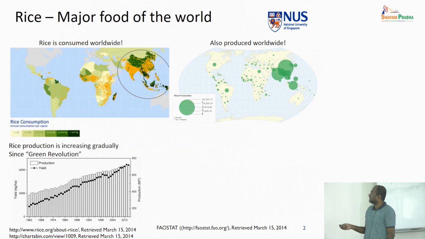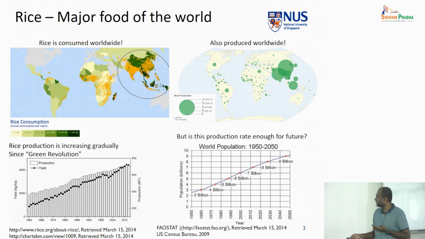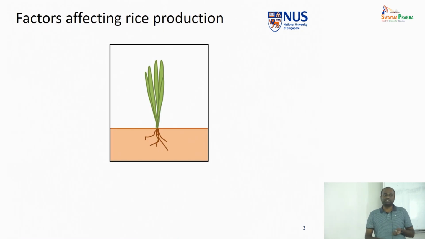But even though rice production has increased over several years, particularly after the Green Revolution, the continuous increase of human population as well as the sustained challenges posed by climatic changes mean there will be a point at which the production of rice may not be able to meet the demand. That's what this graph shows. As I mentioned, the population of the world is also increasing, so there could be a meeting point where the demand exceeds the supply. Because of that, we need to understand how we can improve rice production.